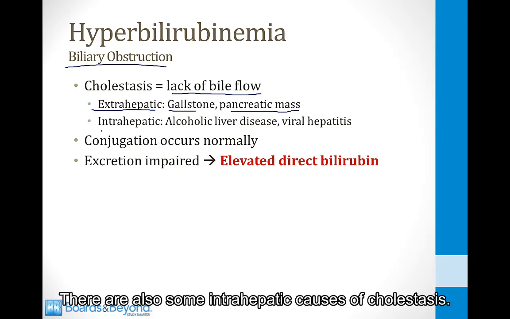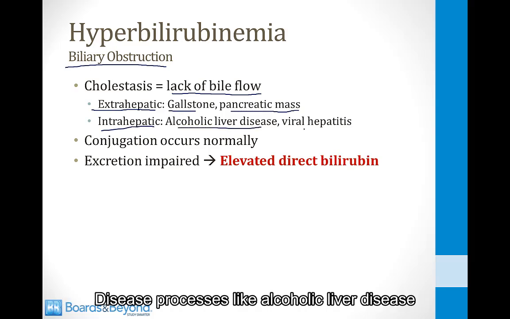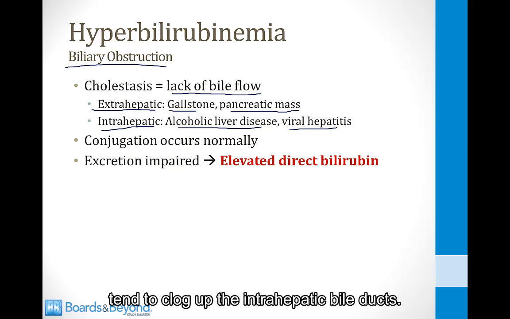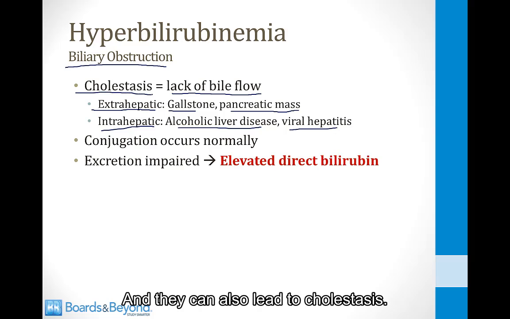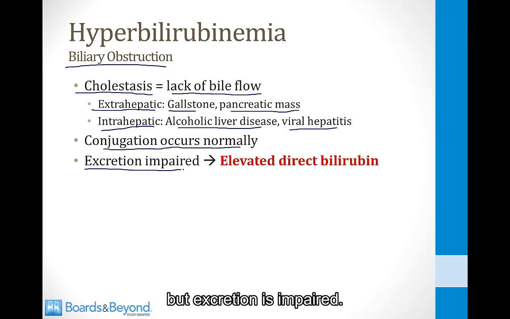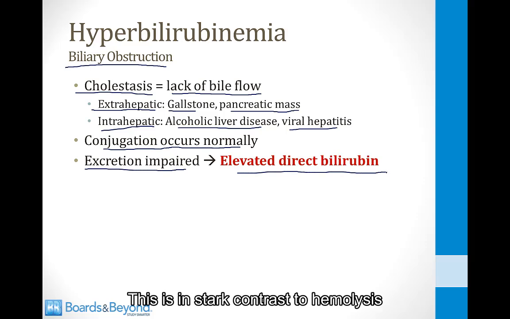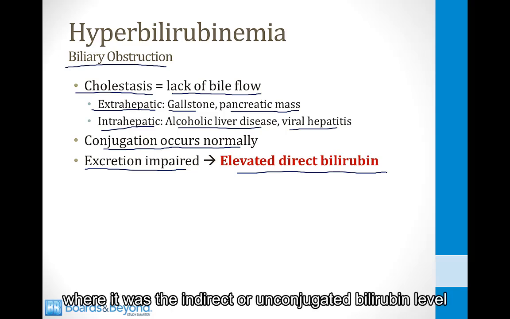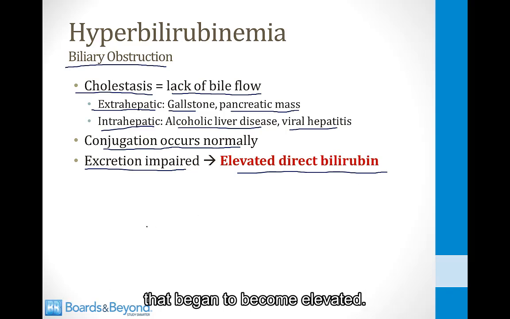There are also some intrahepatic causes of cholestasis. Disease processes like alcoholic liver disease or viral hepatitis tend to clog up the intrahepatic bile ducts, and they can also lead to cholestasis. In cholestasis, conjugation occurs normally, but excretion is impaired. Therefore, you see a rise in the direct or conjugated bilirubin level. This is in stark contrast to hemolysis, where it was the indirect or unconjugated bilirubin level that began to become